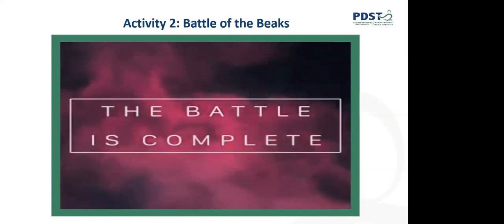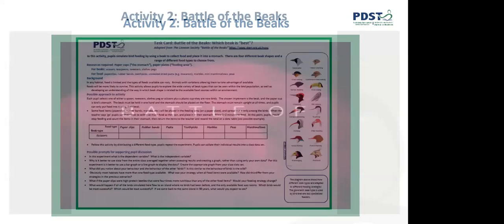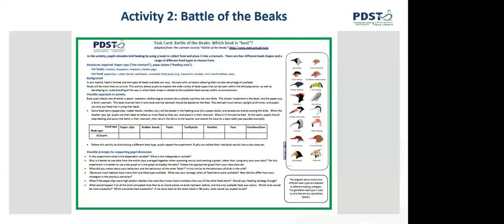And thank you to St. Comgall's PS for sharing that with us. And apologies if there are any sound difficulties there, but I'm sure you got a good impression of how that activity is completed. Because as you saw in this video, this task is a practical one, which investigates beak adaptations in bird populations and looks at the way in which variation in beak shape is related to the available food